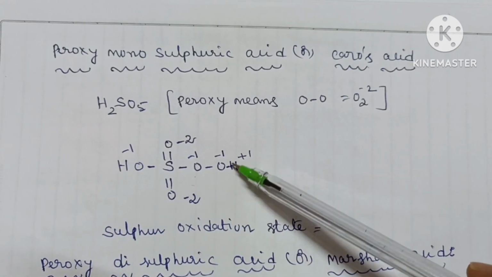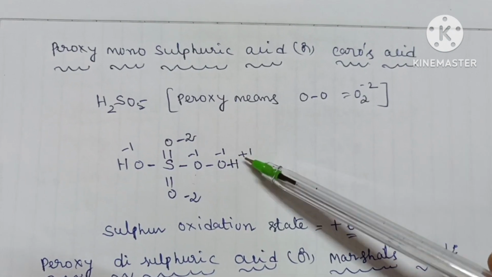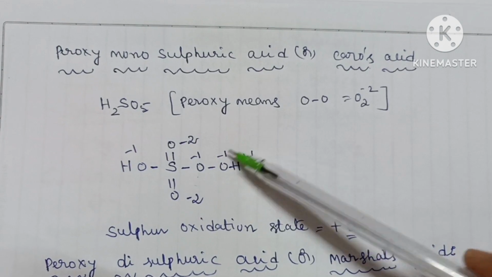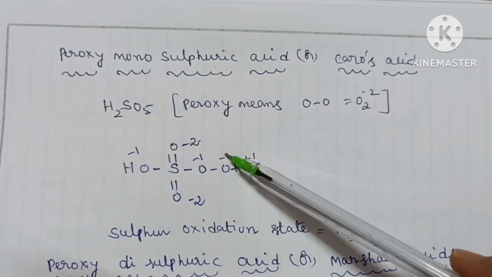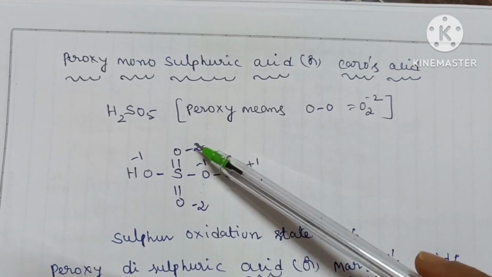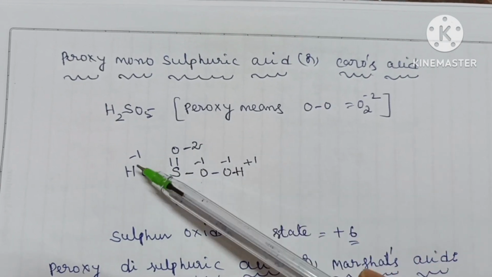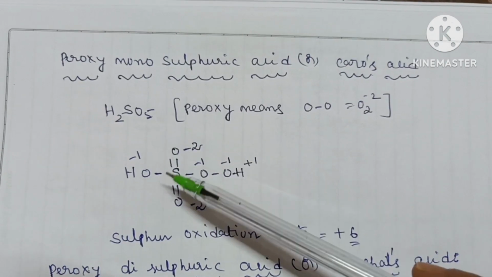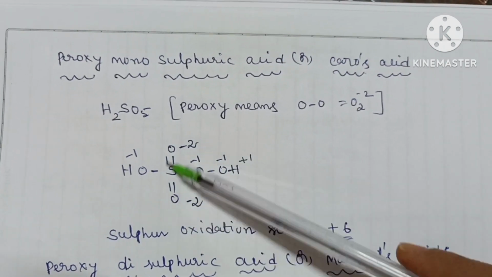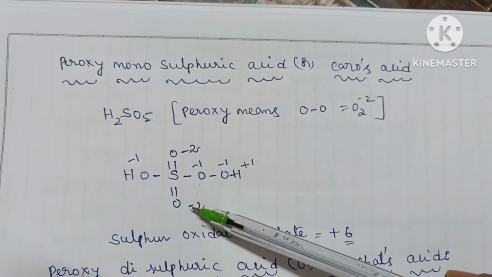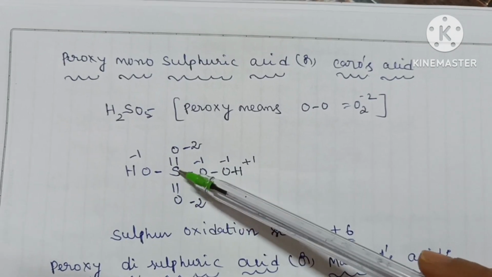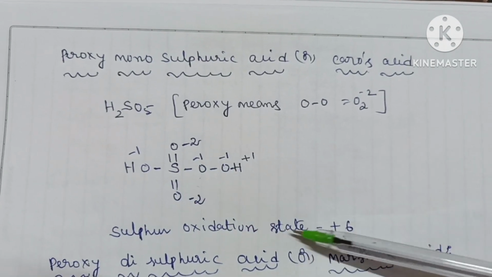In this hydrogen oxidation number is +1. Okay, +1 -1 cancel. Why? Because 0, negative and positive. -1 plus 1 is 0. Then next -1, -2, -3, -3 plus -1 is -4, -4 plus -2 is -6. Surrounding atoms oxidation number is -6. So the middle or central atom sulfur oxidation number is +6.